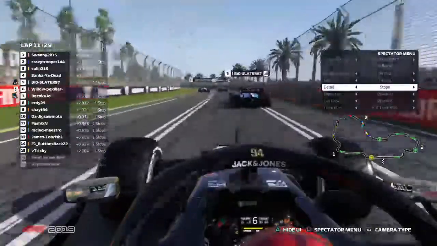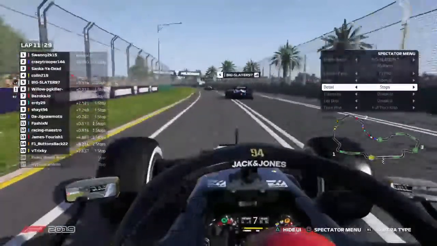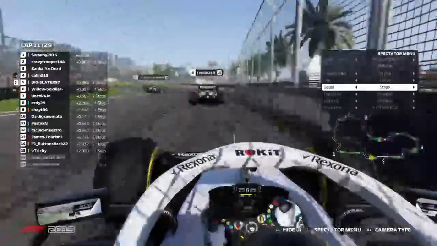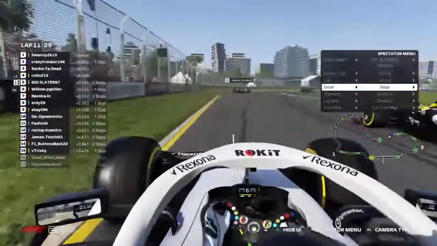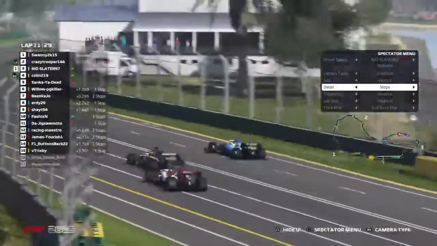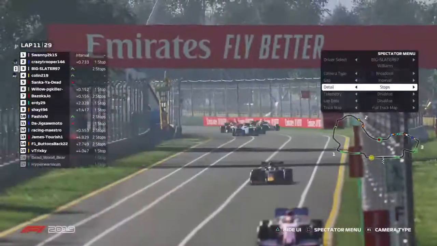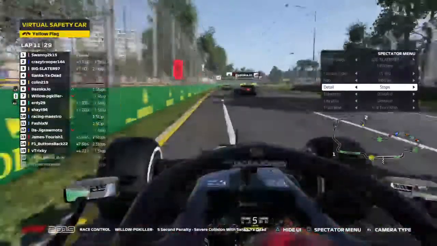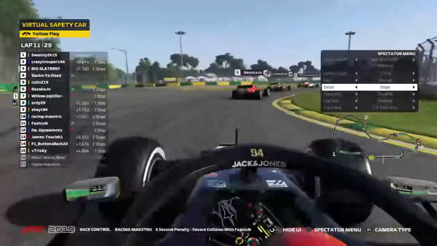Ooh, as Big Slater gets past PG Killer, and Sanka and Colin are side by side now. Ooh, front wing coming off of Colin's car. Sanka cuts the chicane as well, goes wide, almost comes back onto the track. Oh my goodness. Oh, there's been an accident, a huge accident, and that is I think PG Killer with damage,